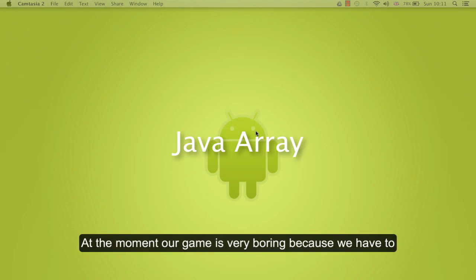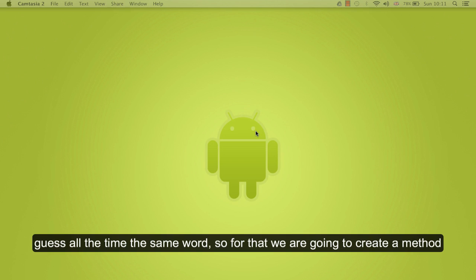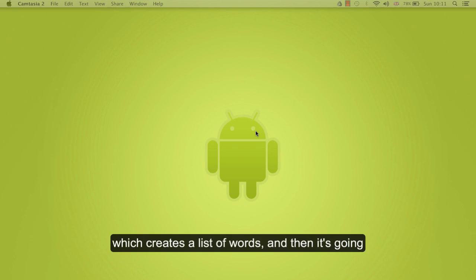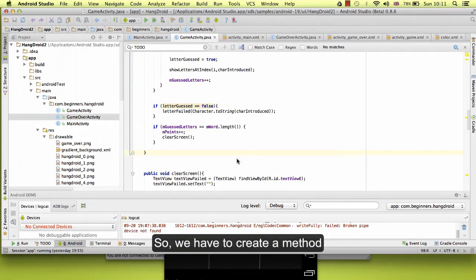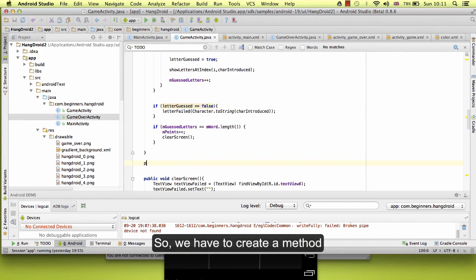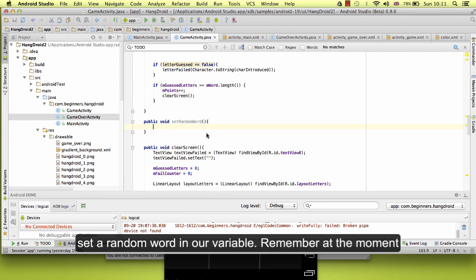At the moment, our game is very boring because we have to guess the same word all the time. So for that, we are going to create a method which creates a list of words and then chooses a random word from that list. So we have to create a method called setRandomWord, and this is going to set a random word in our